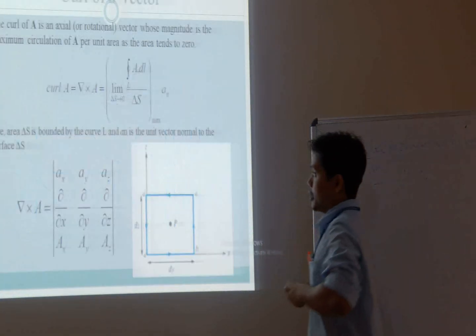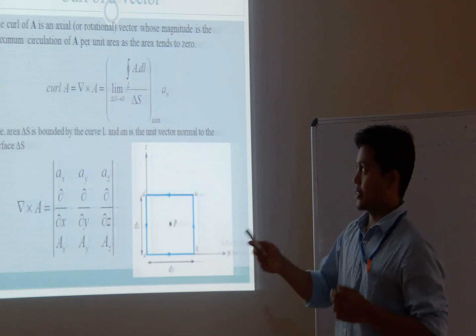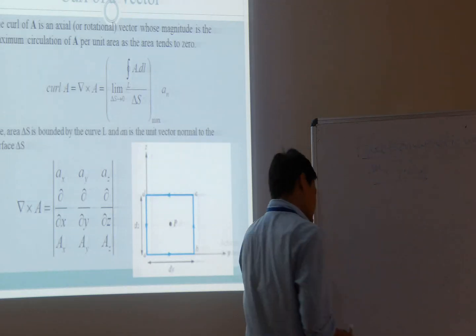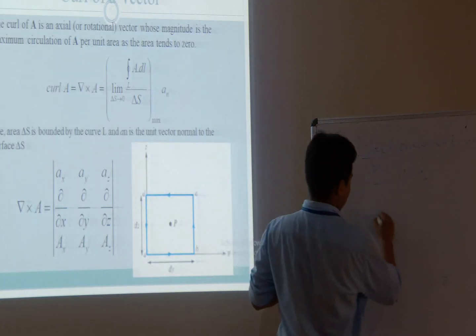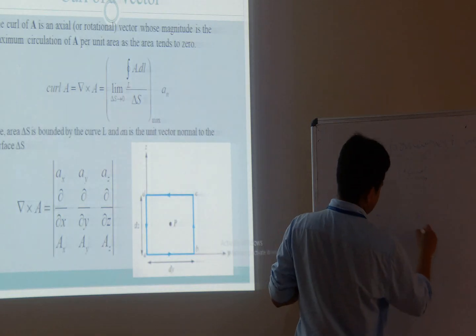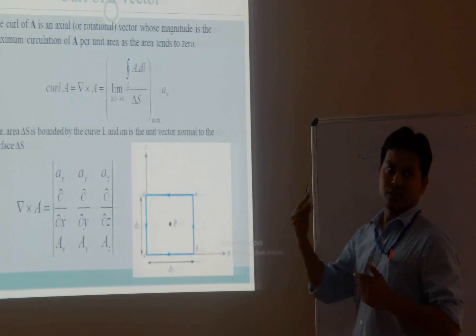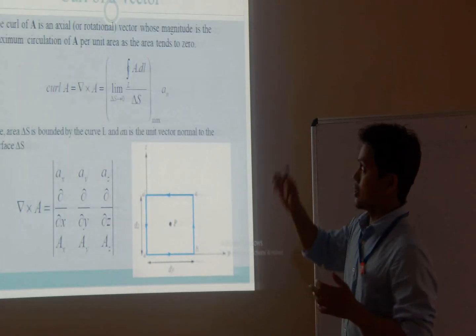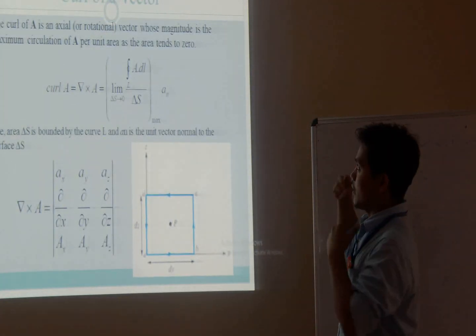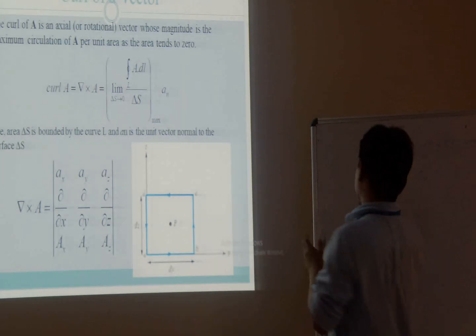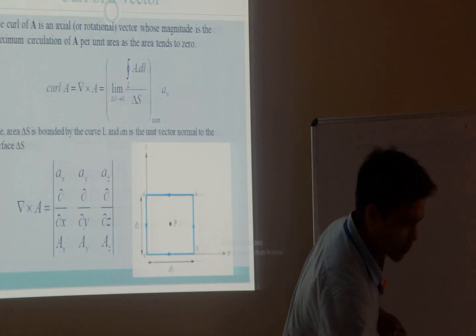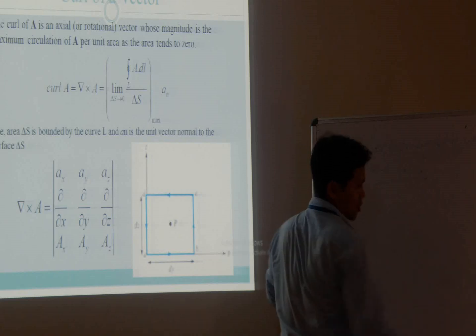And next I am going to explain the curl of a vector. The curl of a vector is denoted del cross vector A, which explains the rotational field. For a rotational field, its circulation will be maximum, of a vector A per unit area. That area will be enclosed by the